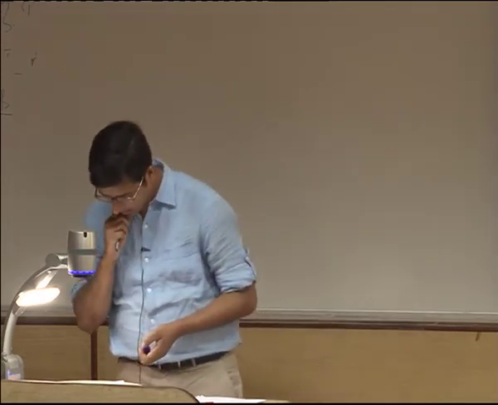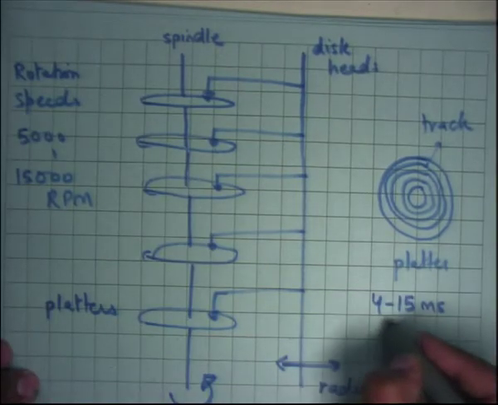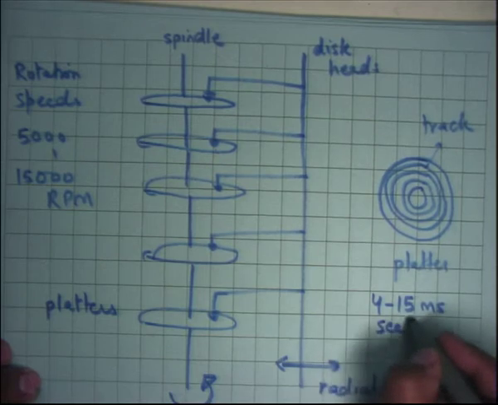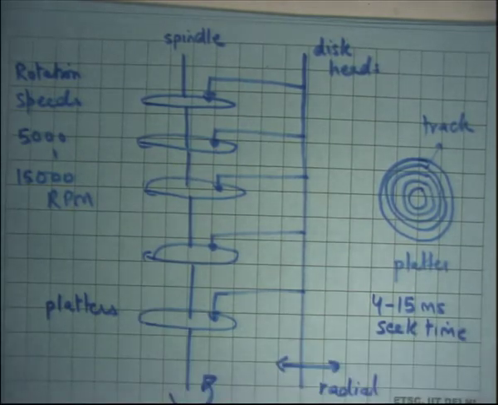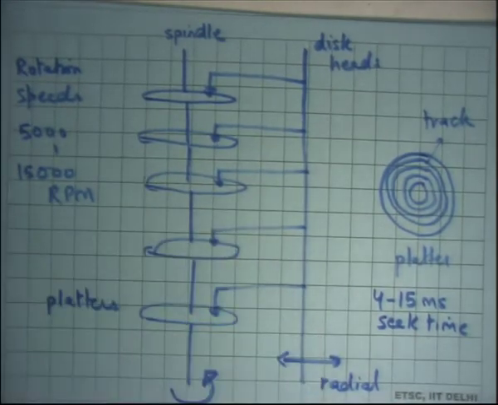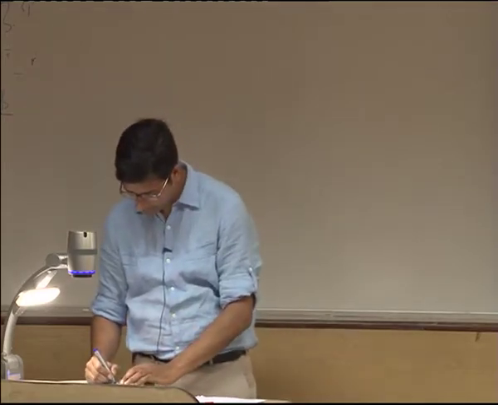All right. So this radial movement is also called the seek time. The time it takes to reach the correct track through the radial movement of the head is also called the seek time of that head. And once you are on the track, the time it takes to actually reach the data you were interested in is called the rotational latency.